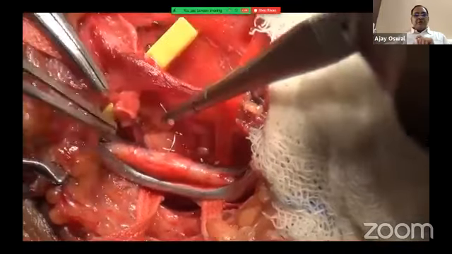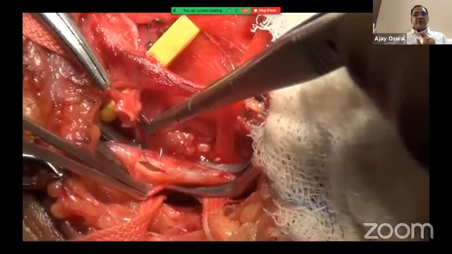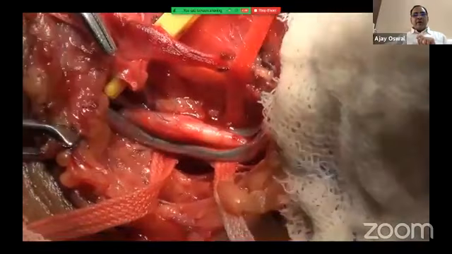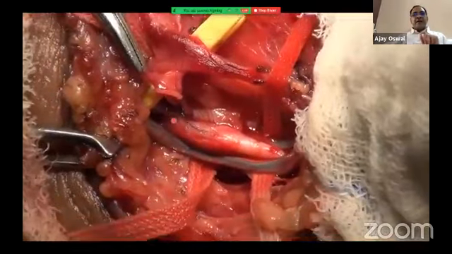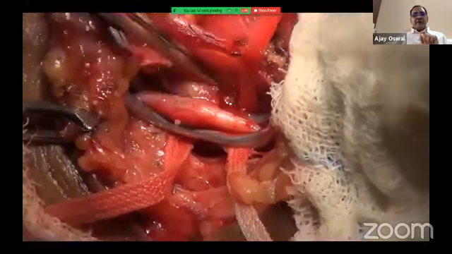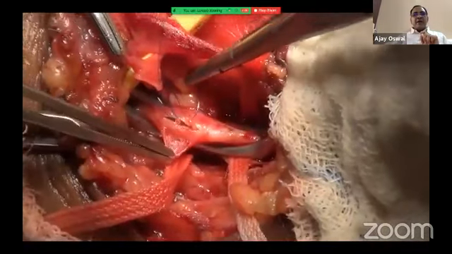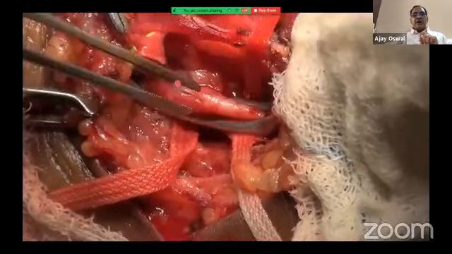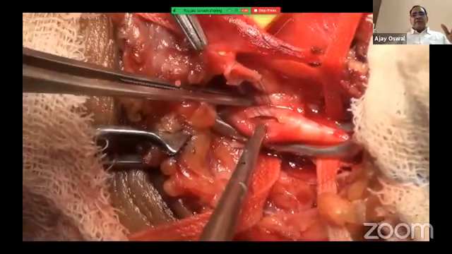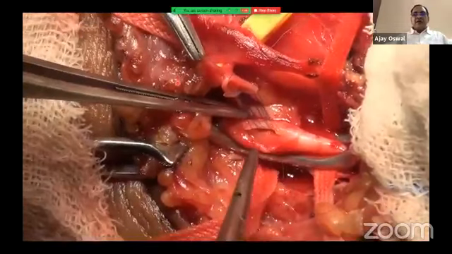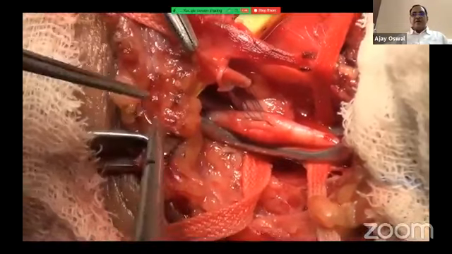I am using parachute technique. I am not bringing the vein to the brachial artery right away, but just taking a few bites under direct vision, making a point not to entangle the sutures into one another, but at the same time keeping the vessels away from each other. This is parachute technique. These are like strings of a parachute.